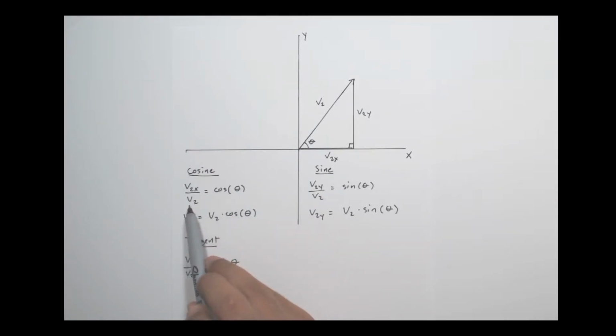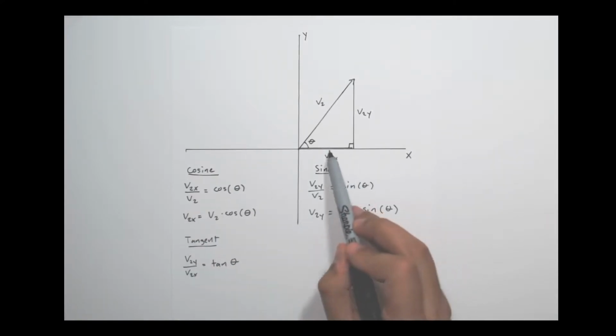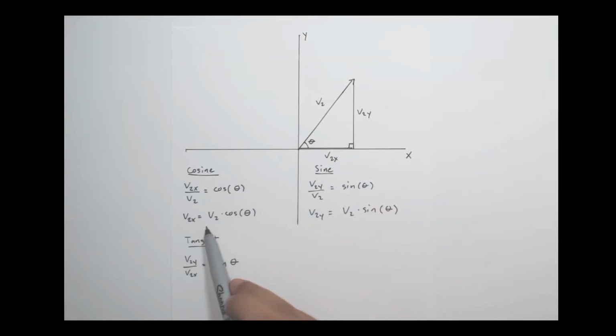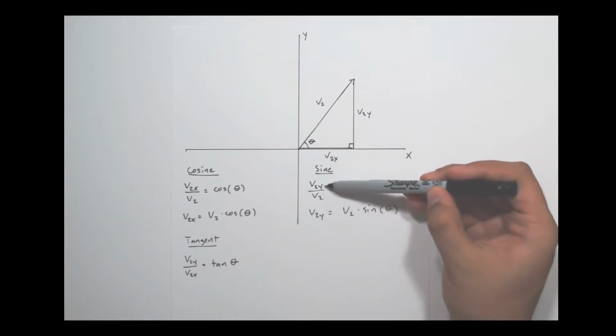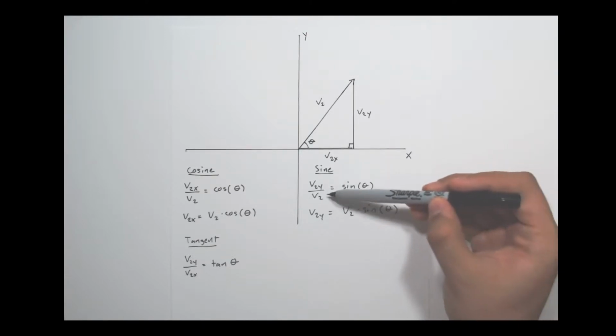We can then multiply both sides of it by v2, and then we will have here that v2x is equal to v2 times cosine of theta. So we're just writing down that the trig function is a ratio of sides, getting that ratio of sides correct, and then multiplying both sides by the denominator to solve for that x component, which was one of these unknown side lengths before. You can do something very similar with the sine, get the side length ratio, multiply both sides